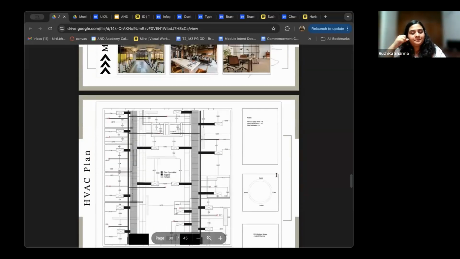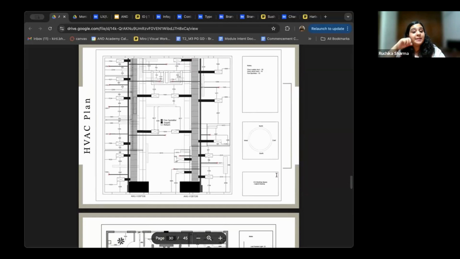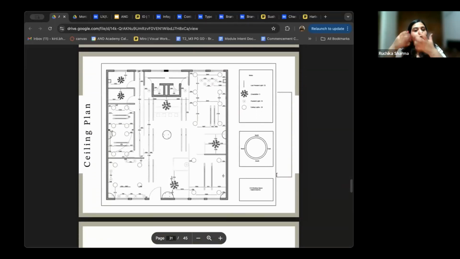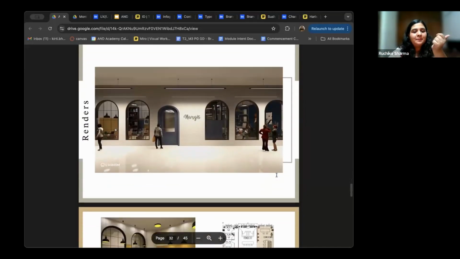Let's go lower. Then this is an HVAC plan, which is an air condition and ventilation plan. Because of course, if you're going to be building a big space, you need to take care of the services very, very well. In a residential, this will not be as relevant, which is why we take this up in term 2. Let's go lower. This is a ceiling plan where you will be pointing out all the lightings, all the fan units, all the AC units. Let's go lower. We also have electrical and plumbing plans.